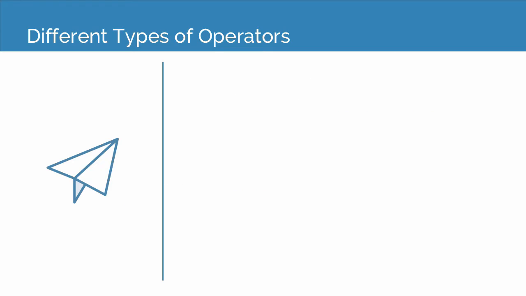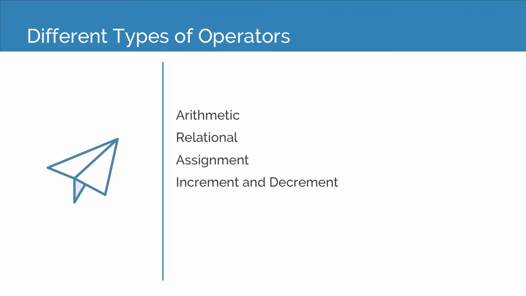Now there are various types of operators in Java. For example, we have arithmetic, relational, assignment, increment and decrement operators, logical, and at last we have the ternary operator. Now these operators, as mentioned in front of you, are very important and basic operators. We are going to discuss all these operators one by one from the next video onwards. And all these operators mentioned are widely used while creating any Java application.